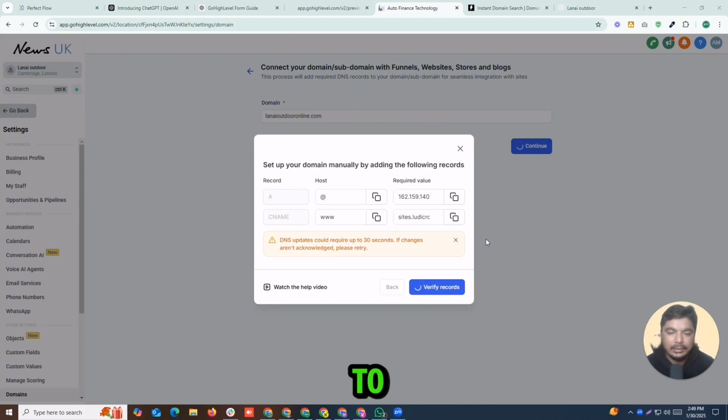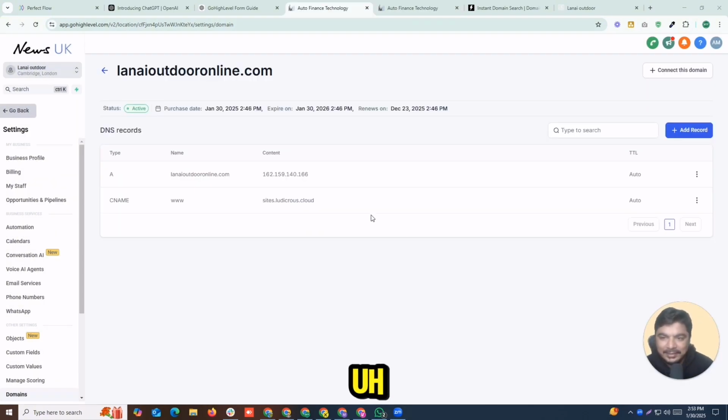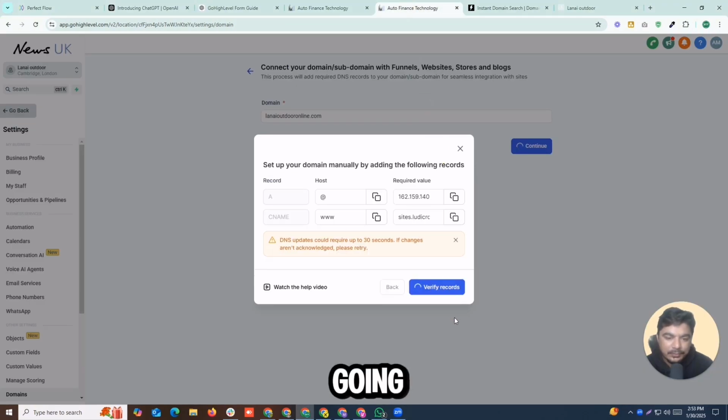wherever you want to link, on your landing page, on your website, on your store. You can even link with your calendars and booking page as well. It will take a few seconds, and then after that your domain will be ready. So I found another solution. I just add a CNAME record here in the DNS record, and after that what we are going to do is just verify,